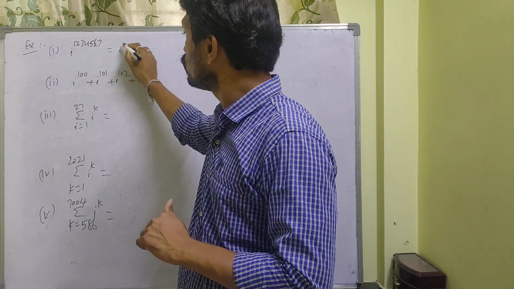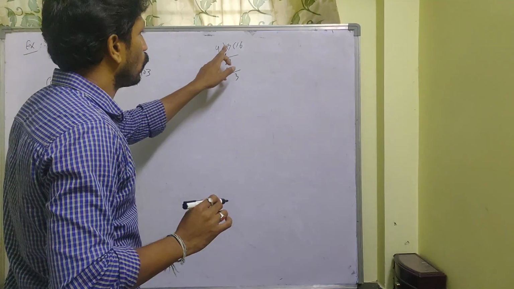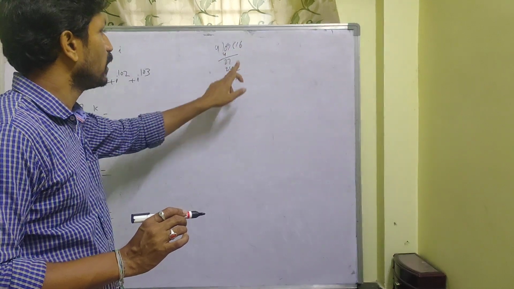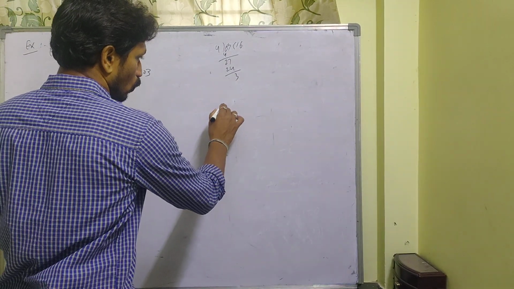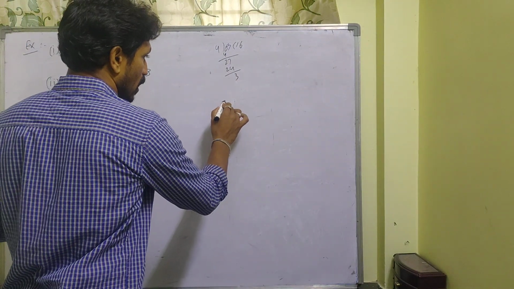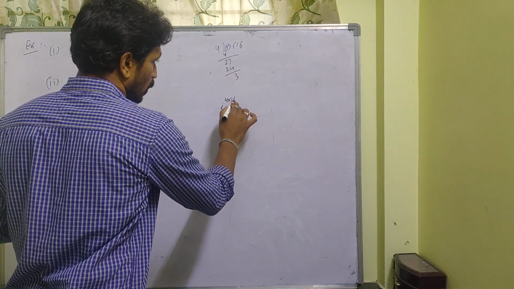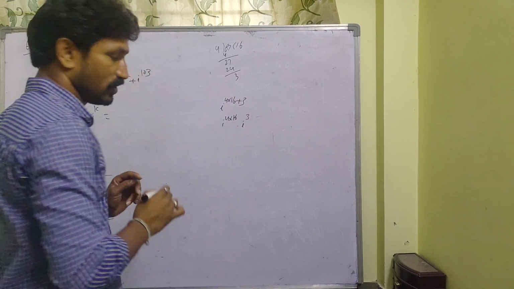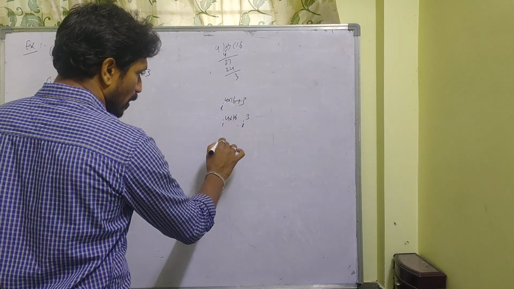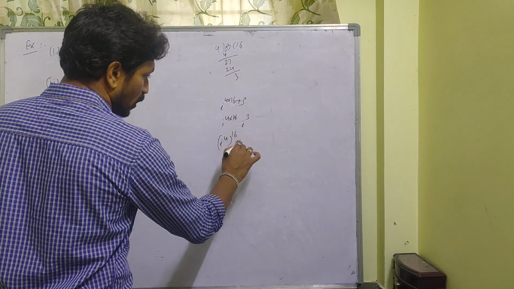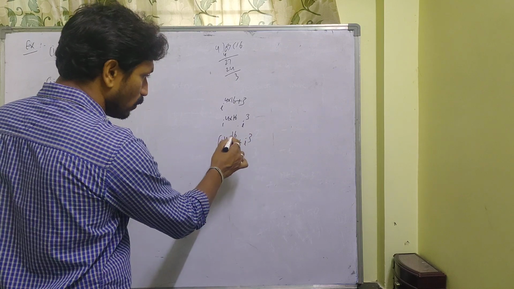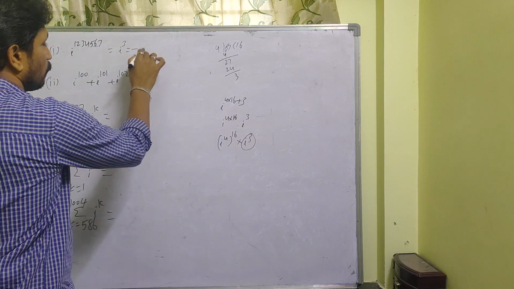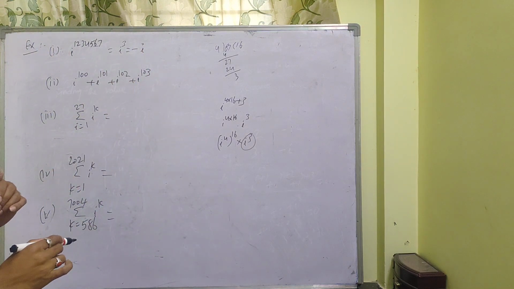So what can you say? The dividend 67 is equal to 4 into 16 plus 3. Why do we have to use that formula? I am explaining here. i power (4 into 16 plus 3) you can write as i power 4 whole power 16 into i cube. i power 4 value is 1, 1 power 16 is 1, so you get i cube only. What is the value of i cube? Minus i. Like that we have to find out.